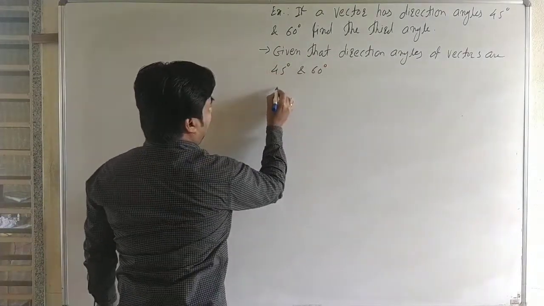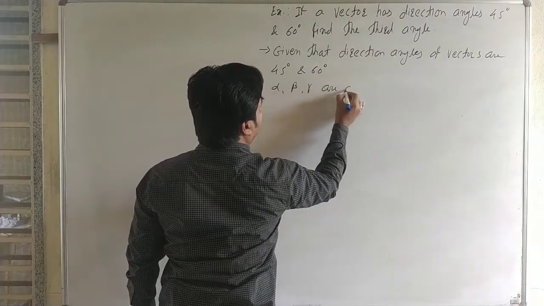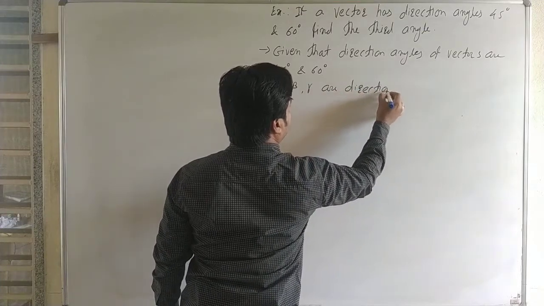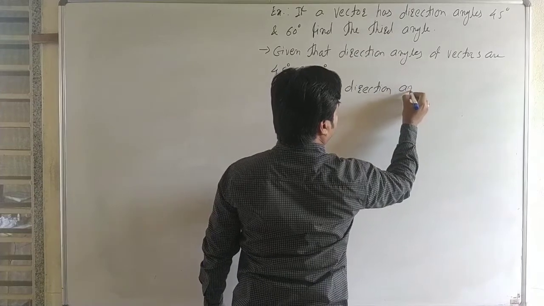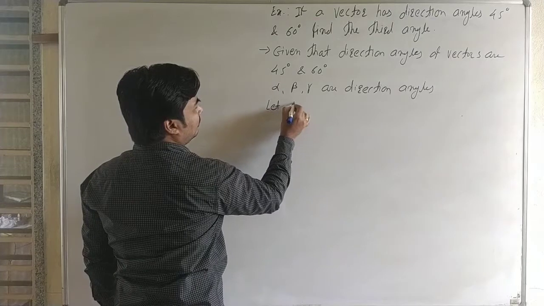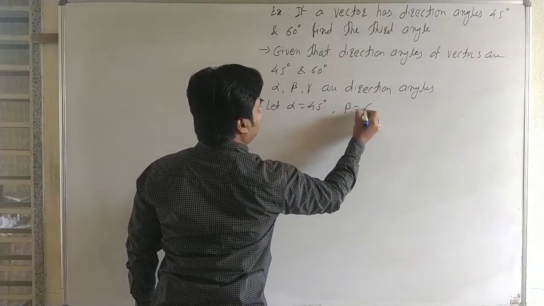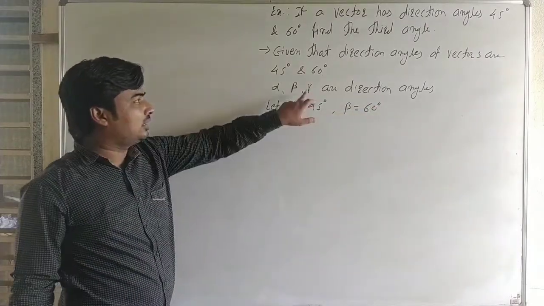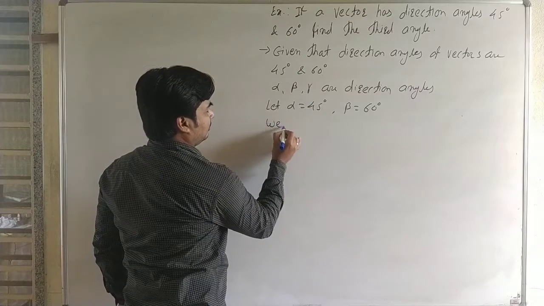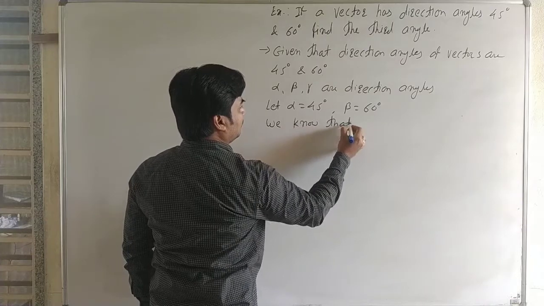Here alpha, beta and gamma are direction angles. Let alpha be equal to 45 and beta be equal to 60. Now we find the third angle, that is gamma. Then we know that